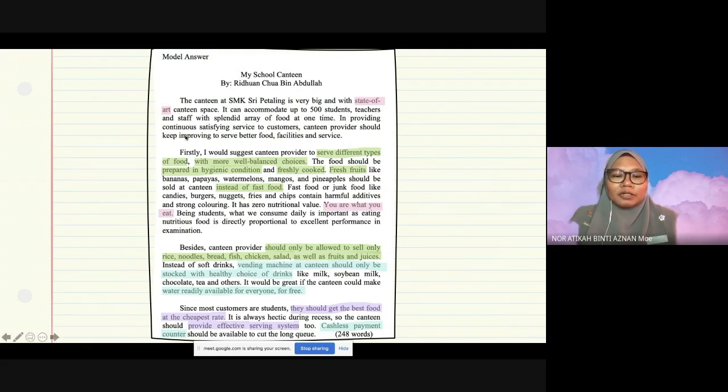There are 4 paragraphs altogether with introduction. Let me know if you think this is a good idea, because I don't really have a conclusion here. I just write the idea, I just write my point, and then that's it. If you can comment and how can we improve on that, please let me know.